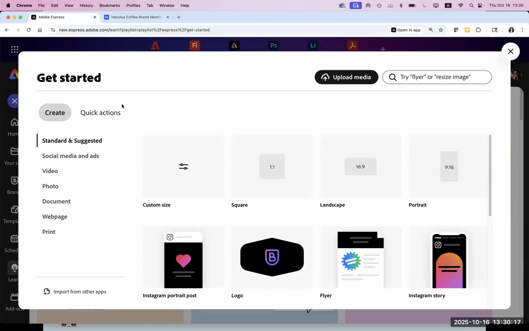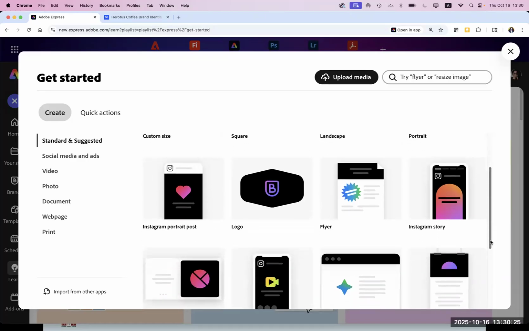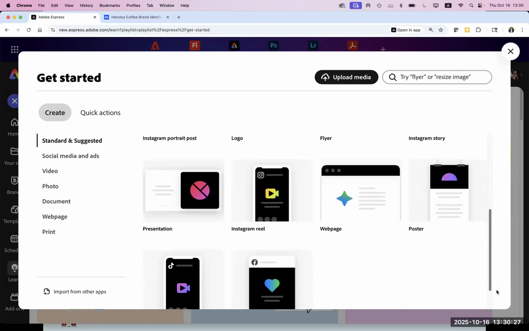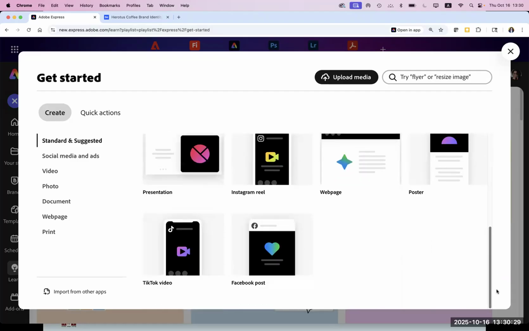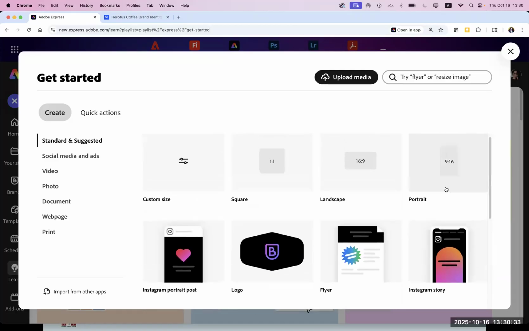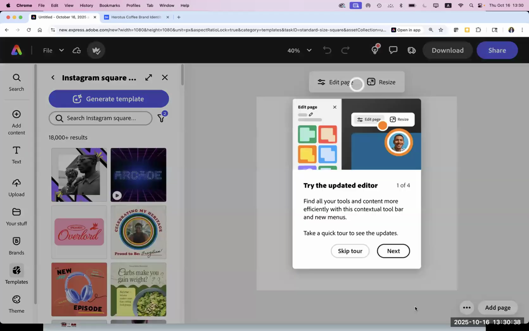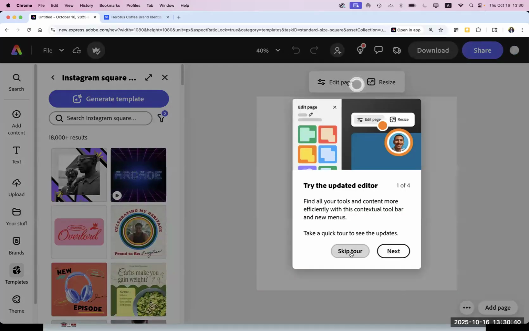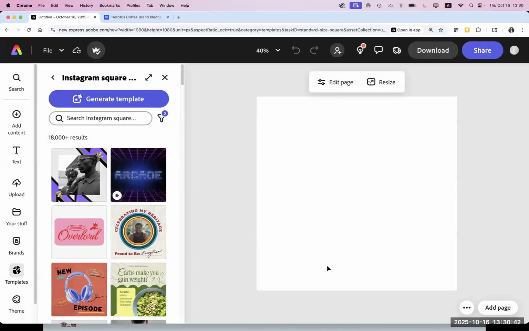So what do I want to go and work with? So the first thing I want to go in, maybe I'm going to go in and create some kind of a social media post that I have over here. So I'm just going to go back here and just create a social media post. And that's going to be, I'm going to go a square one over here